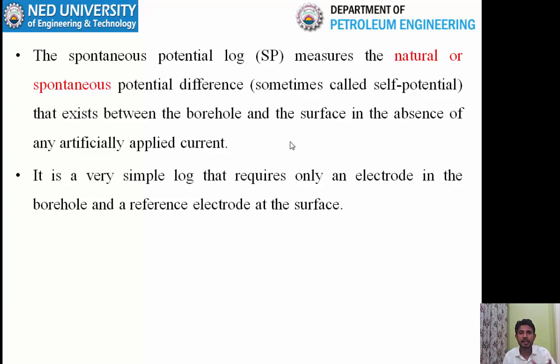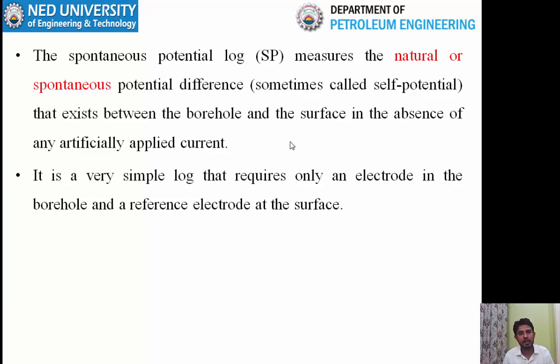And basically we have seen that we can also identify the permeable zone through the caliper log. And we have seen that whenever the caliper log shows that the actual hole size is lower than the bit size, it's basically the indication of mud cake presence. And we have seen that mud cake only forms against the permeable zone. So whenever you have the mud cake, the actual hole size as shown by the caliper is lower than the bit size, and that presence of mud cake indicates that this zone is the permeable zone.